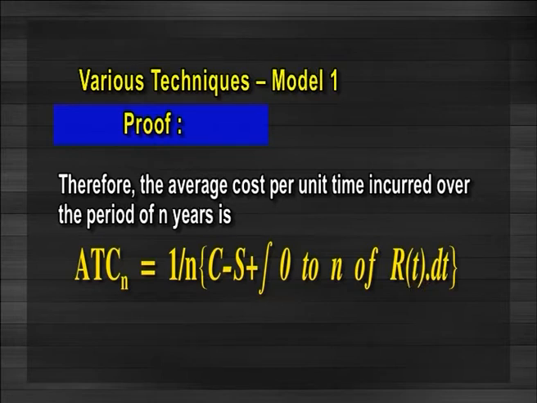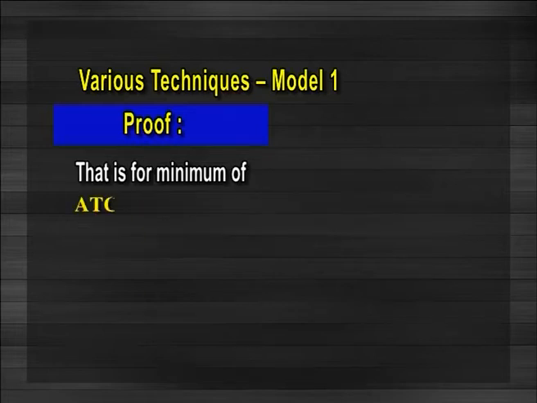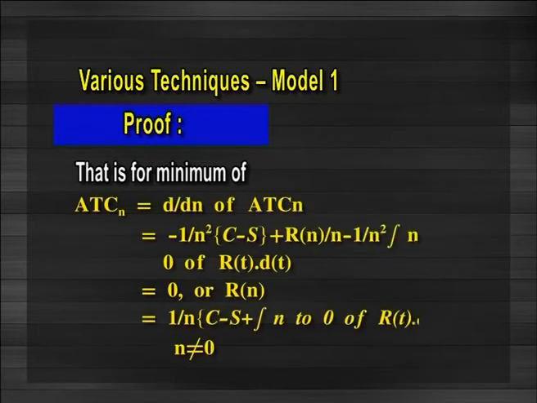This is represented as equation 1. To obtain the optimal value n for which ATC of n is minimum, differentiate ATC of n with respect to n and set the first derivative equal to 0. That is, for minimum of ATC of n, differentiation d by dn of ATC of n is equal to minus